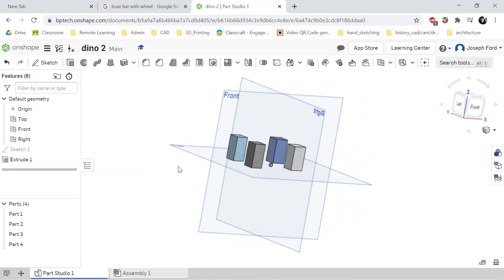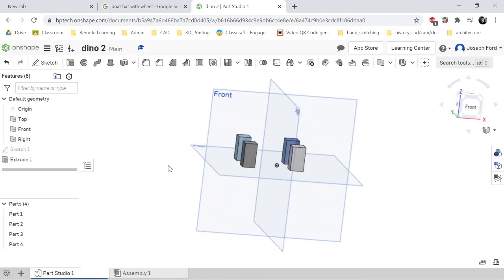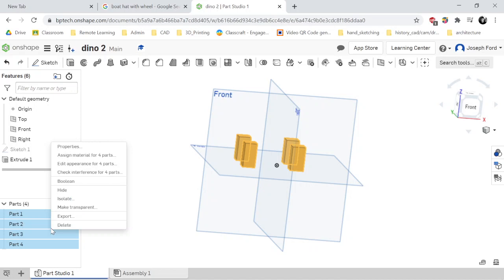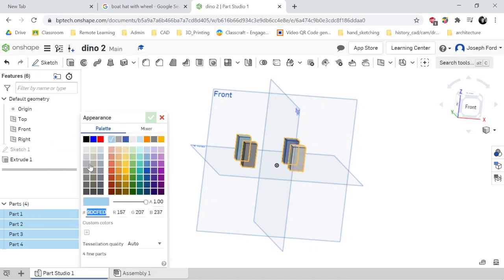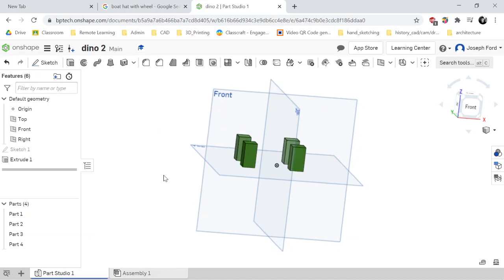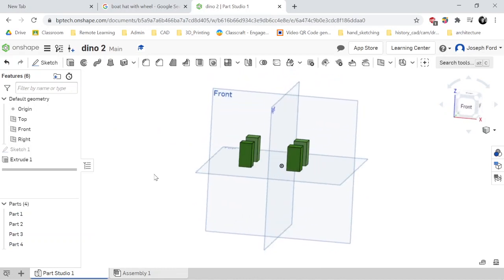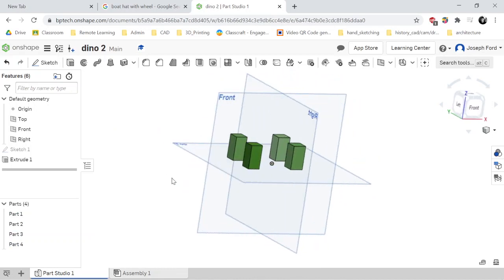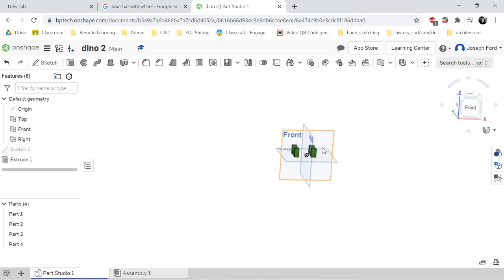So I got my 4 legs going on here, and notice down here that they're all different parts. If I want them all the same color, I can just go and select them all, and then right click on them, and then go to edit appearance for 4 parts, and then I can go ahead and make them all green. And then you can do that after too. You don't have to do that right now. So all right, so I got my 4 dino legs,